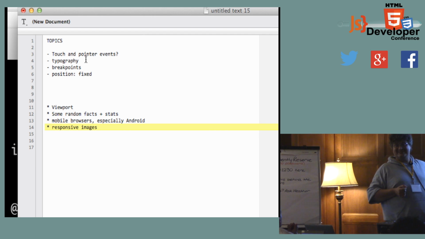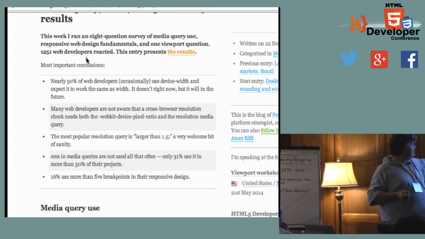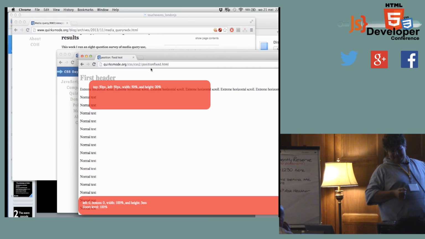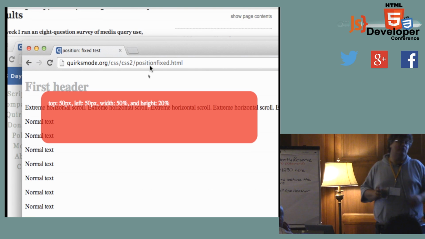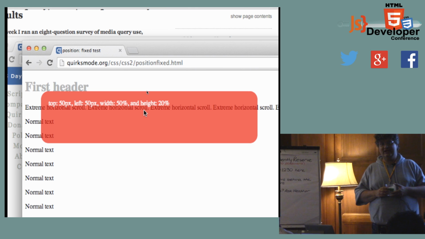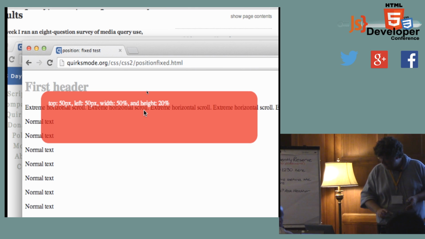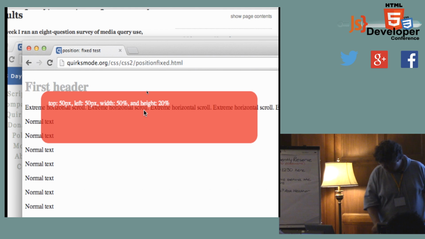So I said what we need is something that I call position device fixed, which is like fixed in all respects, except that the font size always stays the same relative to the screen. In other words, if you zoom in, this text becomes larger and this text stays the same. That was my idea 3 years ago. Last week I was at Microsoft and they told me, hey, we implemented that. So in IE11 we now actually have position -ms-device fixed,